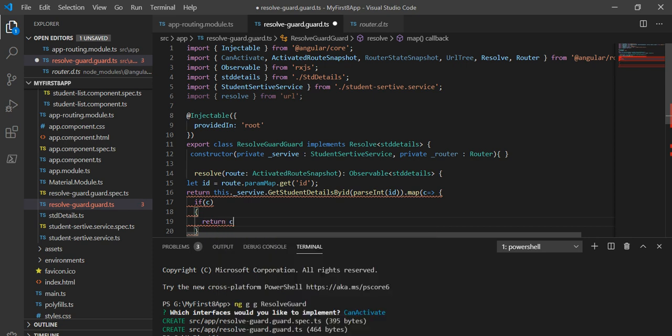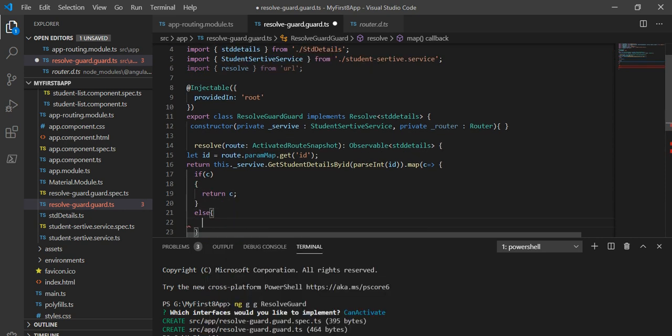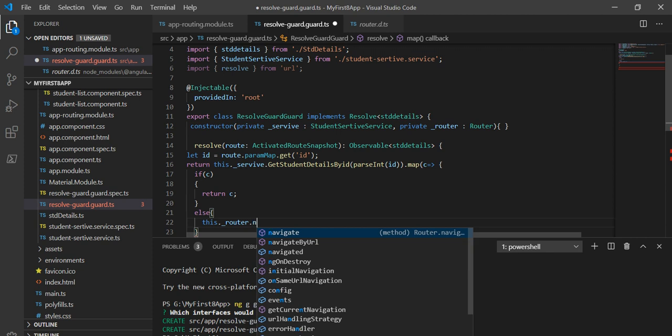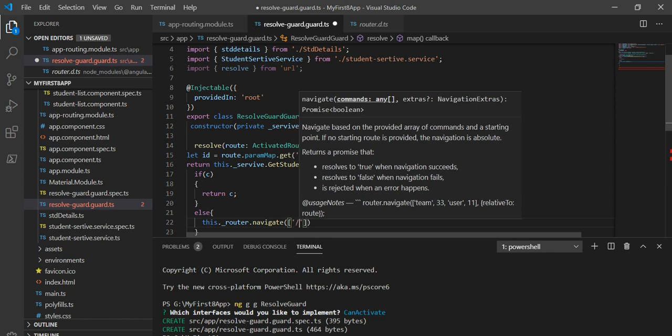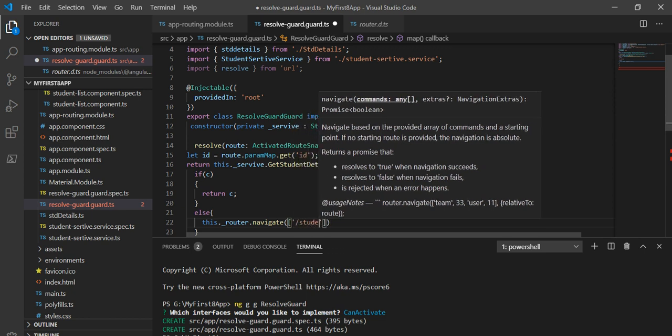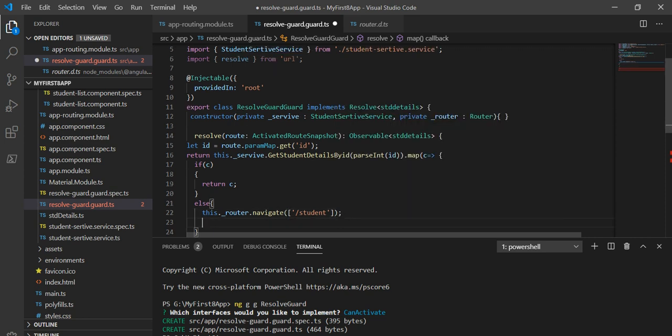It means if the record exists then return that record, otherwise we are going to do this.router.navigate, and we will navigate to the student page, and return null from here.